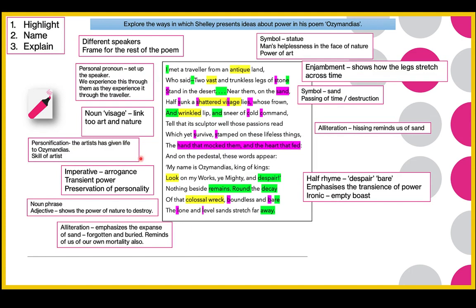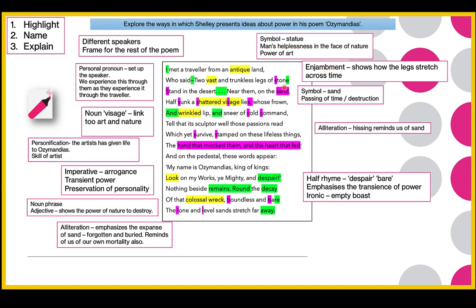And you can just see that I've done this. I've gone for all of the ones that I've annotated just so you can see what it would look like. So like I said, I've gone into detail here so you can understand my thought process. You could just do it in note form. So you can see that I've just thought to myself, okay, what are the techniques or the devices? What do they show? How have they been used? So we'll just have a look at a couple that I've got over here.